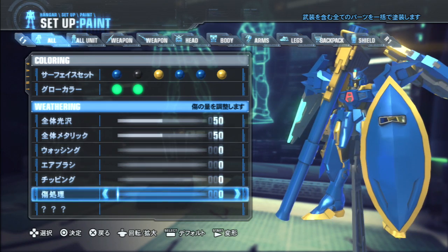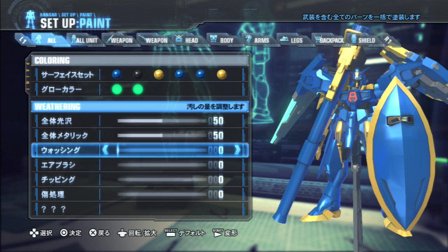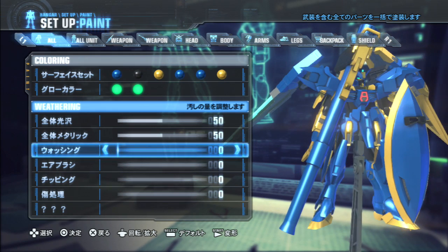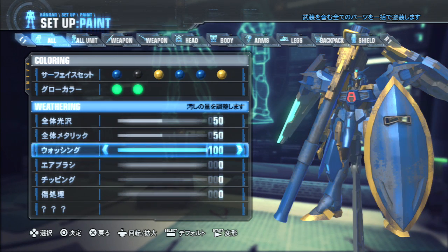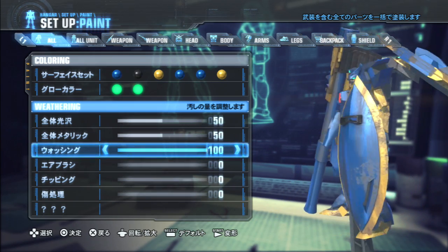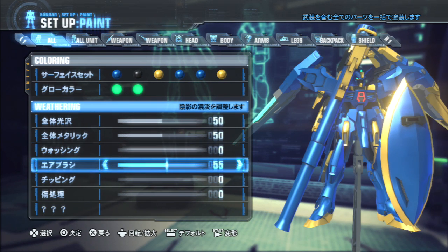I'll go through the basic build, but first some of the new paint abilities I have unlocked. Metallic, of course, and gloss are both there, and somehow I've managed to approximate a satin finish, which is just amazing in and of itself. Washing gives it a kind of mud-splattered look. Airbrush